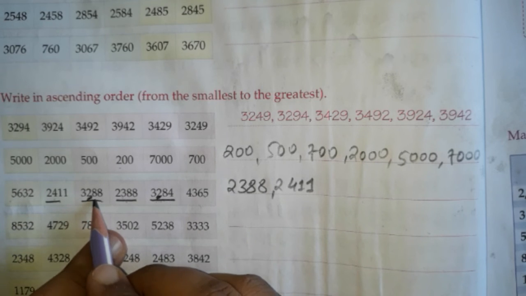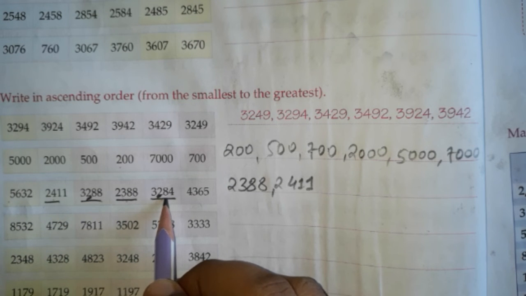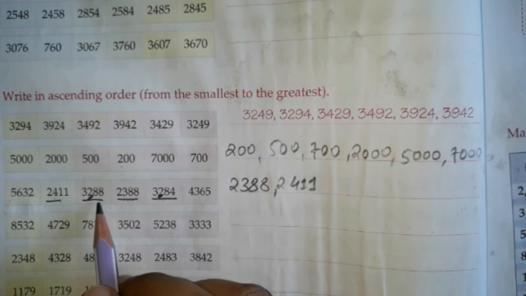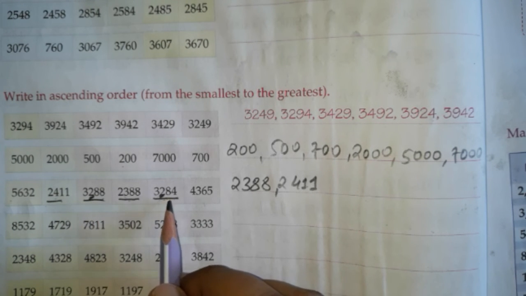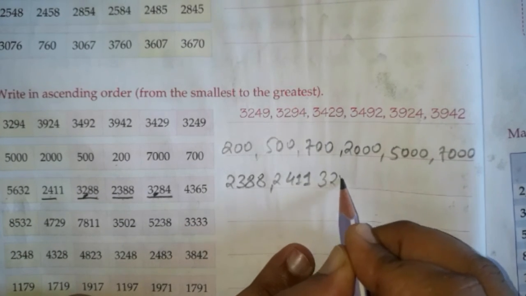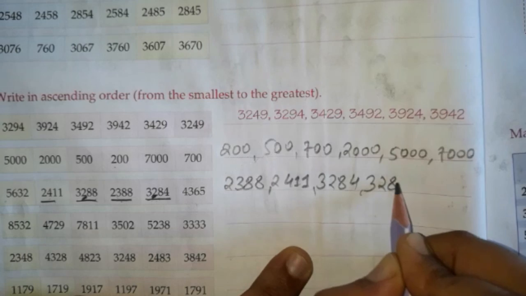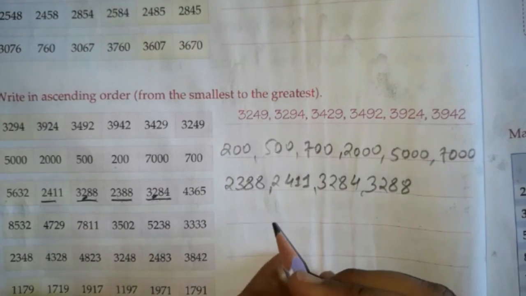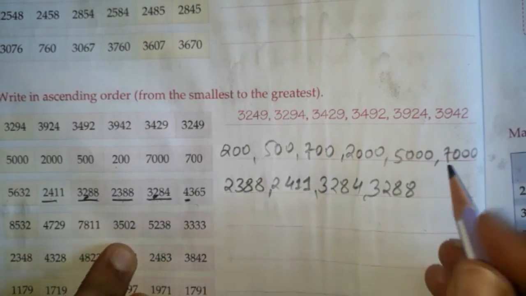It is 8 here, and 8 here. Both numbers have 8 as the third digit. Then we'll go for the fourth digit. It is 8 here and 4 here. Which one is smaller? 4 is smaller than 8. So the next numbers will be 3284 and 3288. Then the next number will be the one starting from 4,